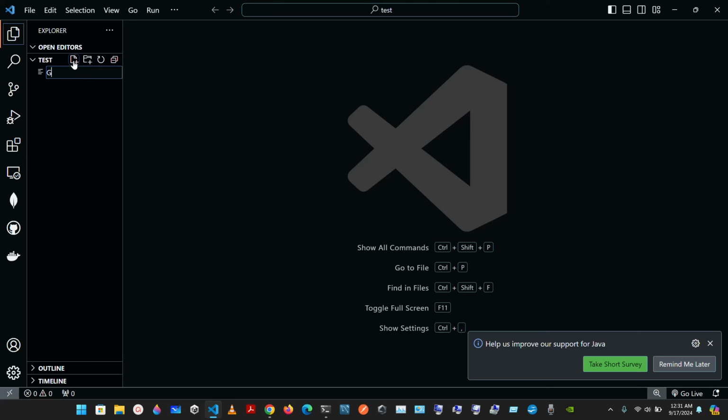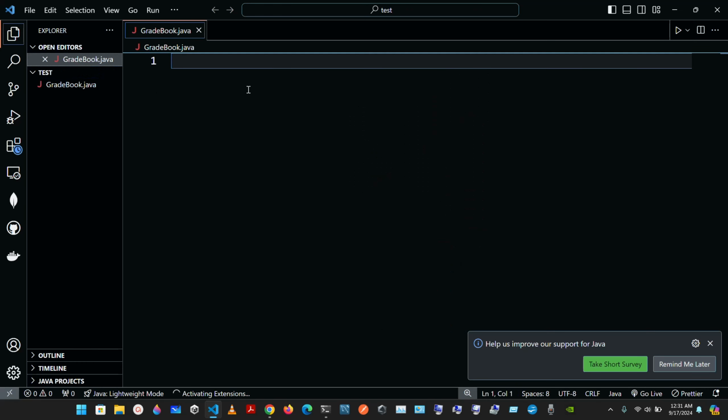Okay, so we're gonna have two files. One is gonna be for all the code, and the second file is gonna be our main method. So here we're gonna have GradeBook, like that, GradeBook, and the extension is .java. And here we're gonna have a GradeBook class using an array to store test grades. So to do that, we have to type in public class, and the name is gonna be